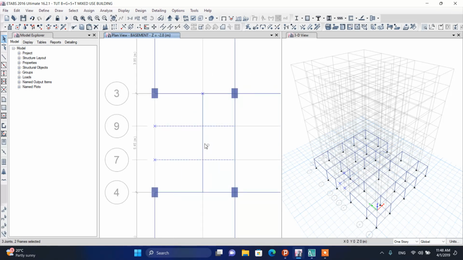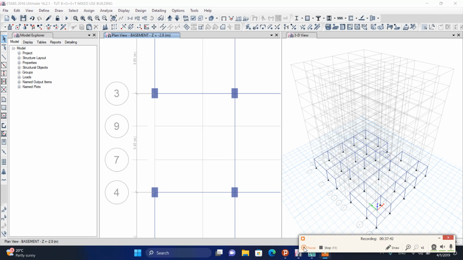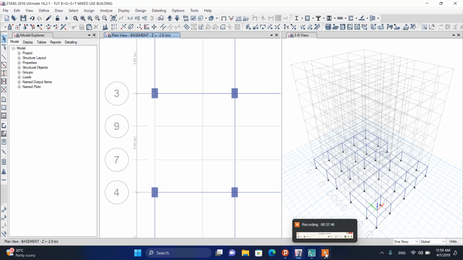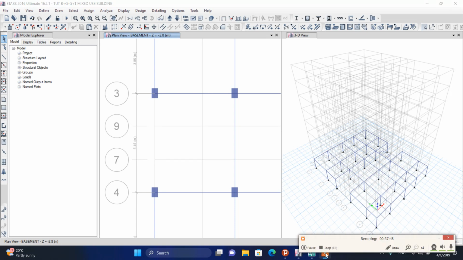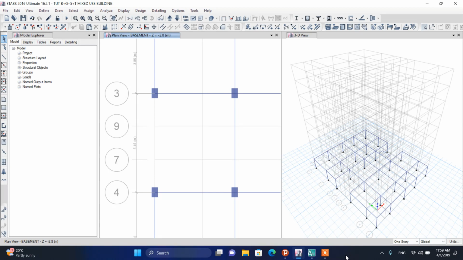So you have to delete only the RBM and you can use the grid lines here. Okay. So you can draw